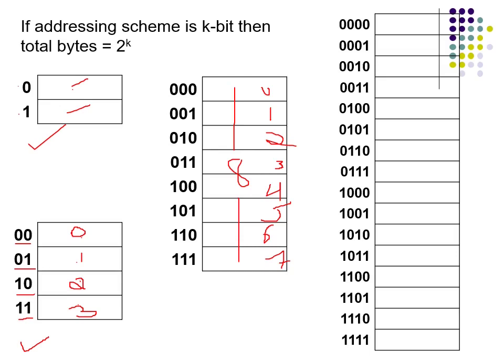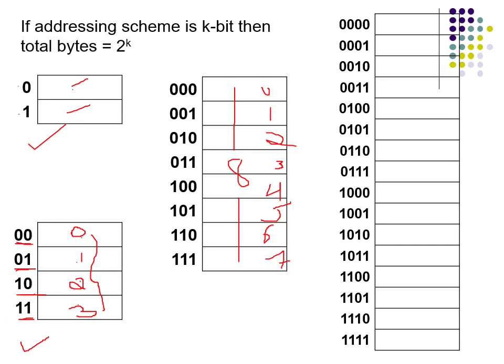Are you observing here the number of bits in the address? Here there are 2 bytes and to represent the address in binary, only 1 bit was enough, 0 and 1. Here there were 4 bytes. To represent an address for every byte uniquely starting from 0, we had to give a binary address which has 2 bits. If I had only 1 bit addressing here, it would be 0 and 1, then again 0 and 1, no uniqueness in this. So that is what we're trying to explain.